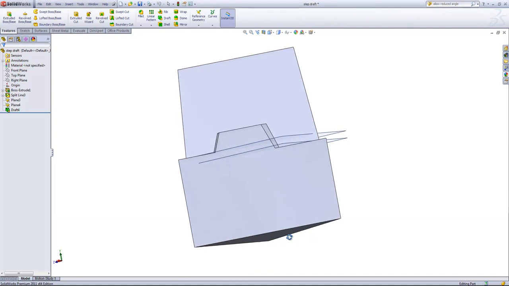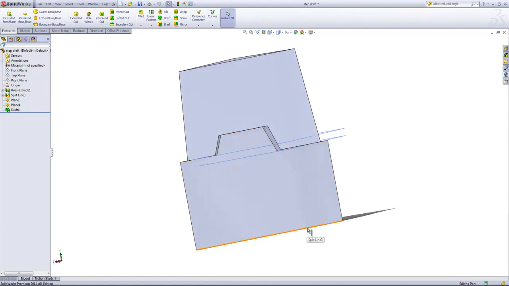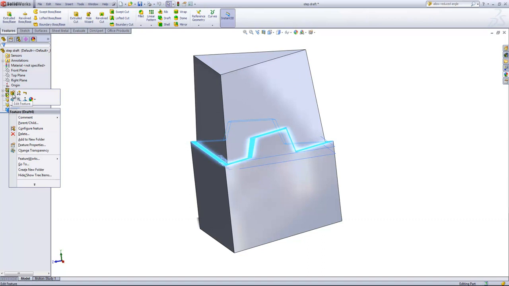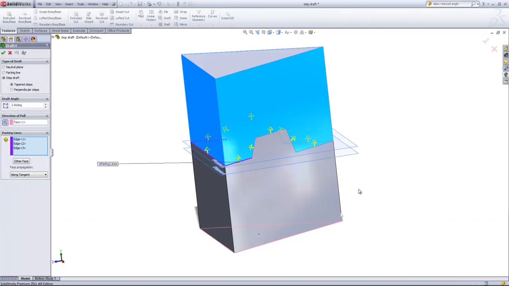And so if you can imagine, it created the taper up from the neutral plane, and it's almost as if there's an imaginary line running through at an angle and cutting out that taper. So if we go in and change the neutral plane, we'll see a change in the feature itself. So we want to change the direction of pull to this plane, flip that direction of pull back up,